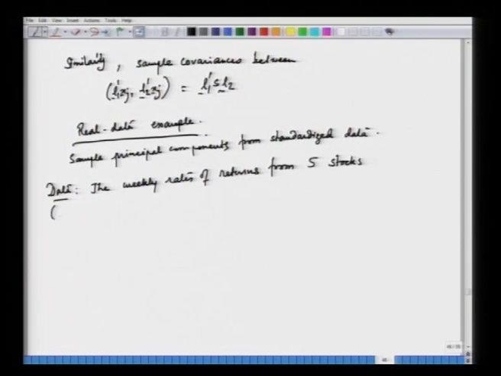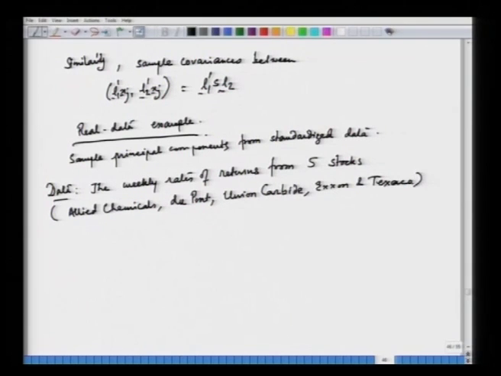And these stocks are Allied Chemicals, DuPont, Union Carbide, Exxon and Texaco, okay. So, these are listed in the NYSE, the New York Stock Exchange. So, these are listed on the NYSE, and the weekly rates of all these 5 stocks were determined